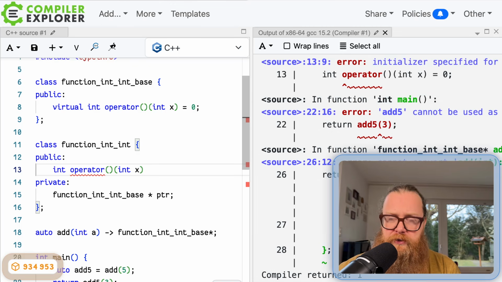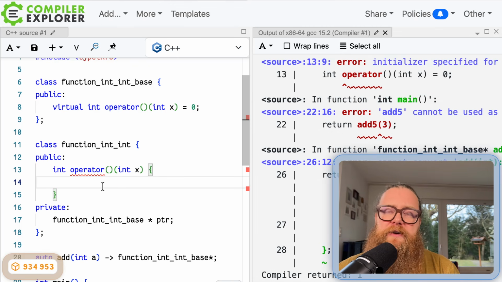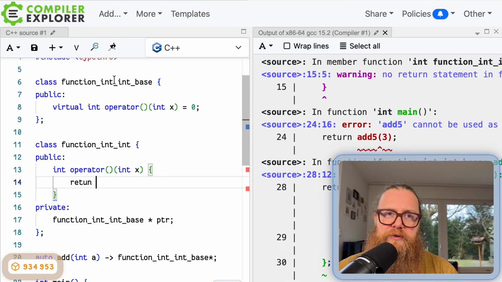I remove that and I implement it. I just invoke the function call operator of my polymorphic base type. So that is return ptr